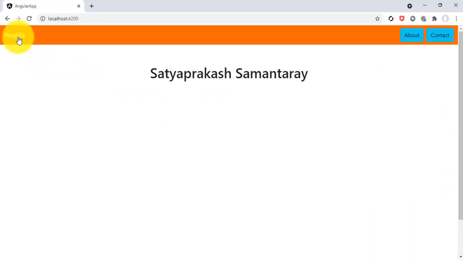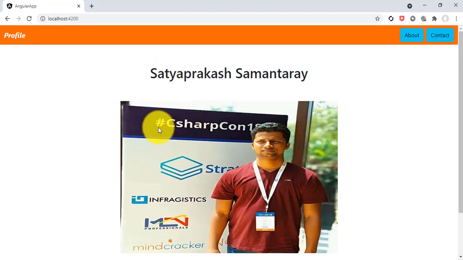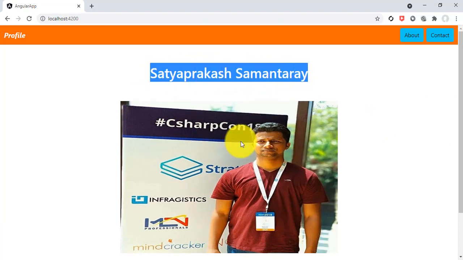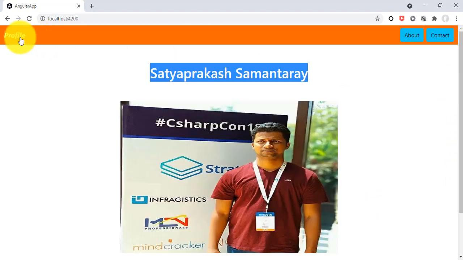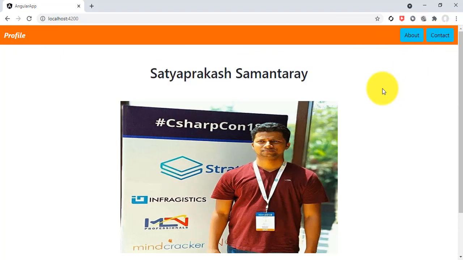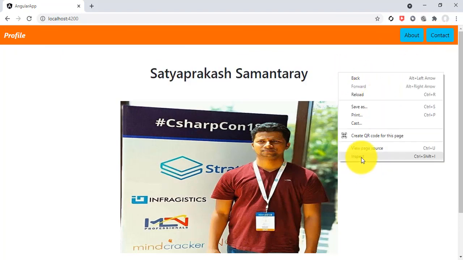And if you click profile, in the home component, it will show that employee name with its image, and this footer component is common to every page, that is profile, about and contact.